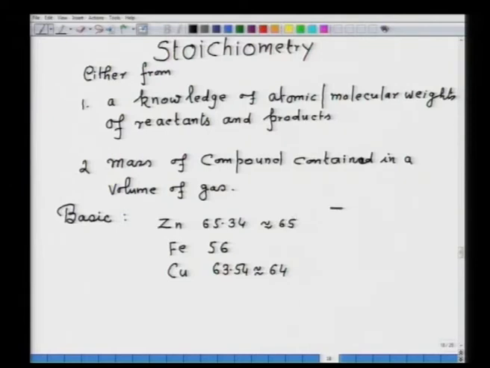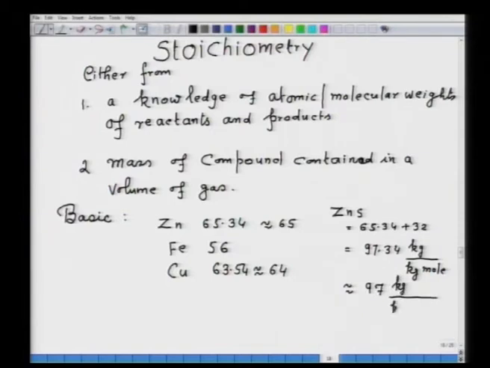Now, for example, if you want to calculate the molecular weight of zinc sulphide, ZnS will be equal to 65.34 plus 32, that will be equal to 97.34. Now, remember this unit is kilogram per kg mole, or approximately you can also put 97 kilogram per kg mole. Similarly, another example, if you want to have Fe2O3,